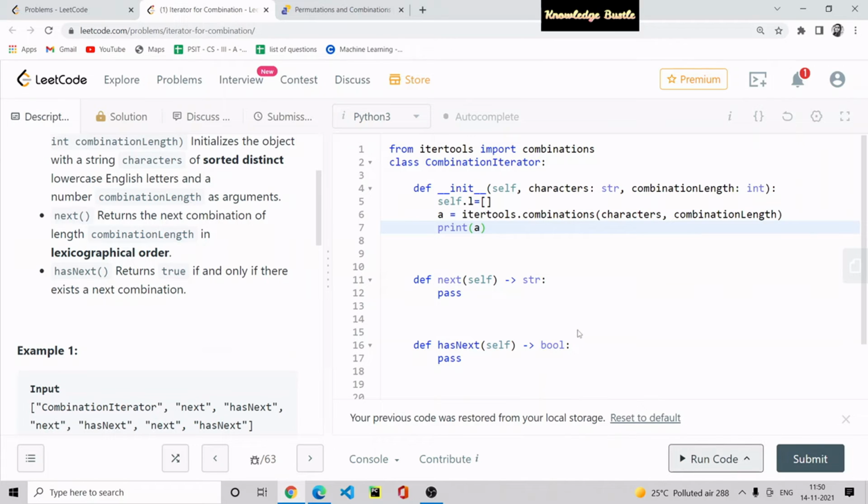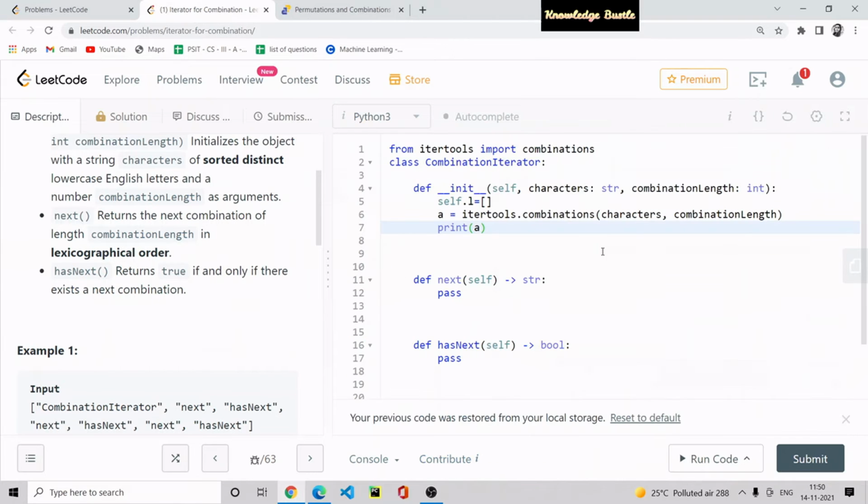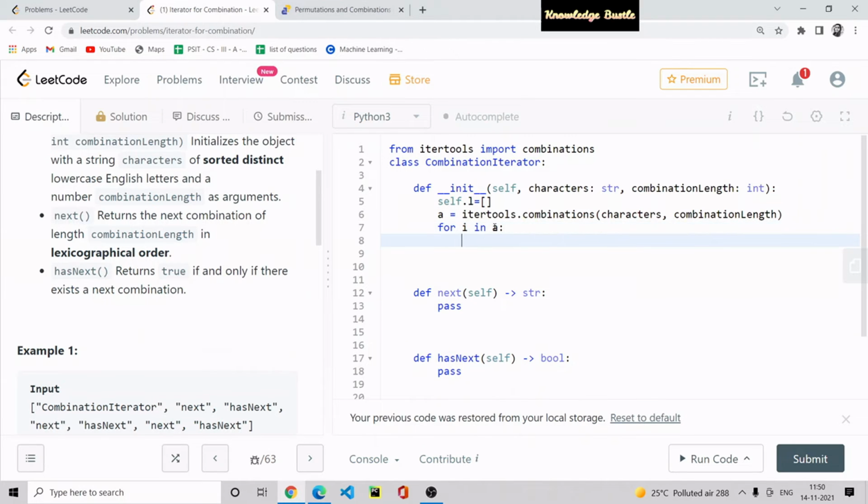What is a? This returns an iterable object, which is not valuable for us. So for accessing it, we have to iterate for i in a, and we have to append one by one character. self.l.append, we have to append the join.